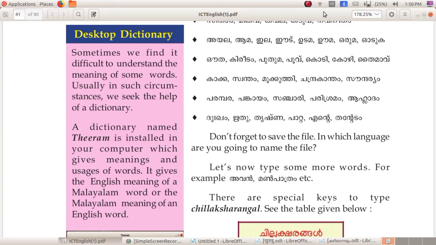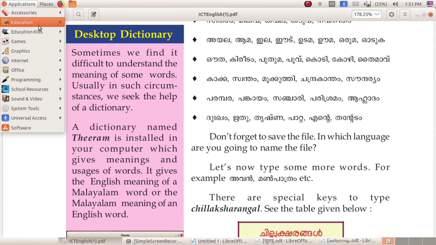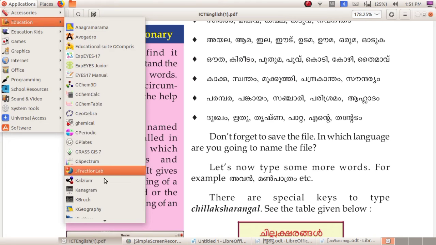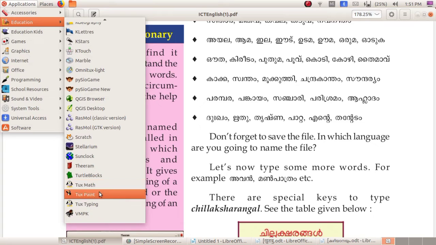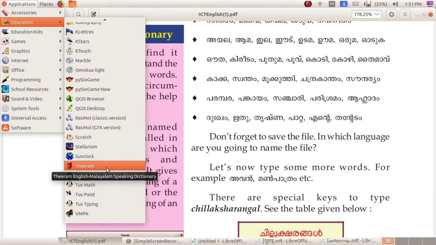Children, here you can see the desktop dictionary. Sometimes if you want to know the meanings of any words in English or in Malayalam, you can make use of an application whose name is Theeram. That is installed in our computer. Go for applications, education, then search Theeram. Okay, here it is.